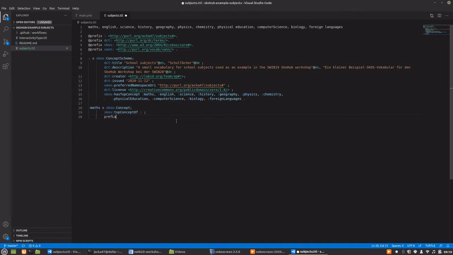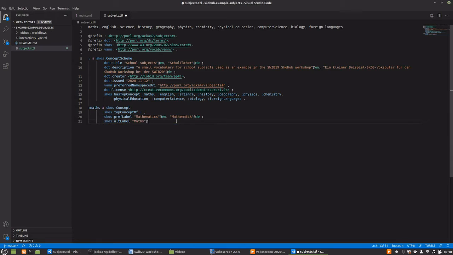Then I add pref label, English pref label, German pref label, also alt label makes sense,